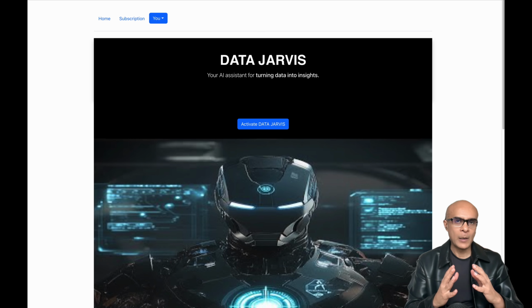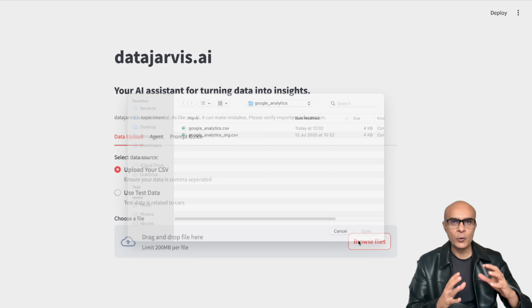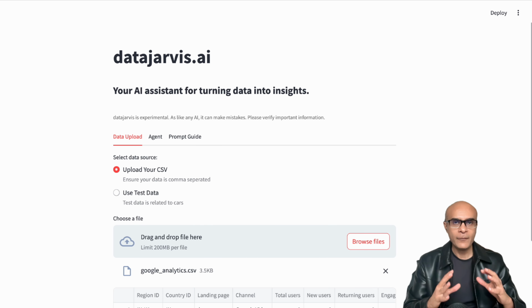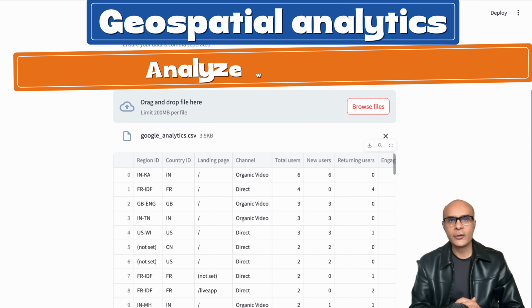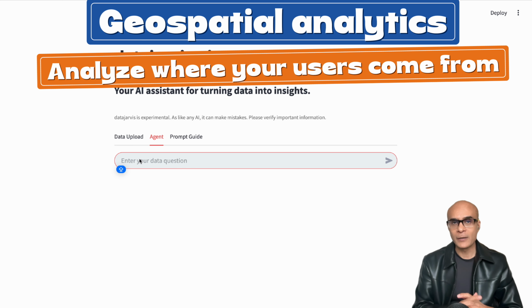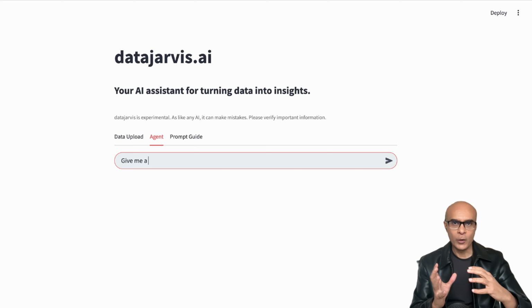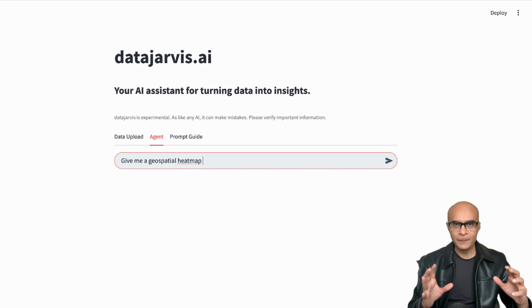So I'm going to go to my platform datajarvis.ai and I'm going to now upload the data. So I'm going to select the file and voila, the data has now been loaded and we can start now chatting with it. Let us first start with the geospatial heat map. Geospatial heat maps are very interesting because they help us understand where most of the users are located. So we can ask a question such as give me a geospatial heat map for the country, and in a